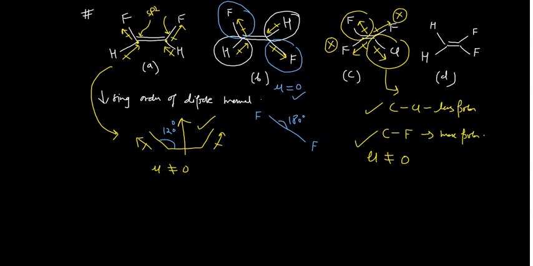And if you go to this particular structure, so the bond moment will go in that direction and bond moment will go in that direction, which is the major one. So resultant will go in that direction. So definitely it will have the very high dipole moment, which is not equal to 0.